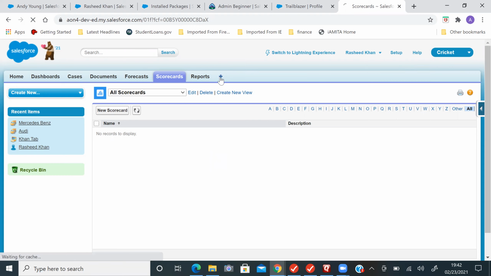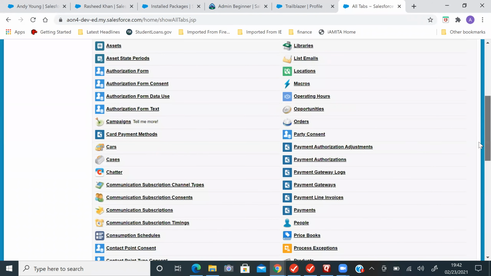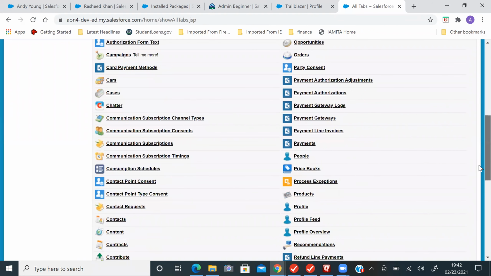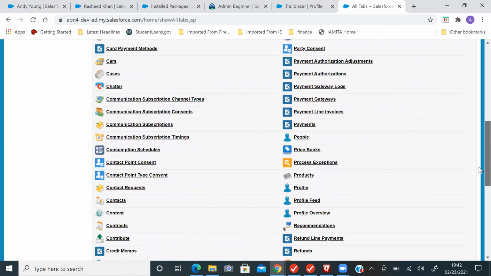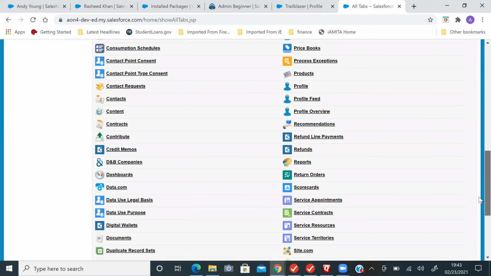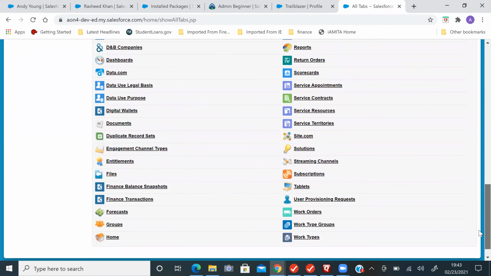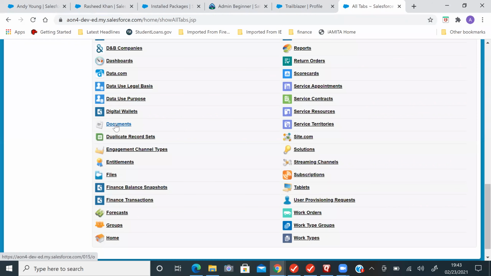All tabs. Come down. Use the documents here. Documents. Perfect.